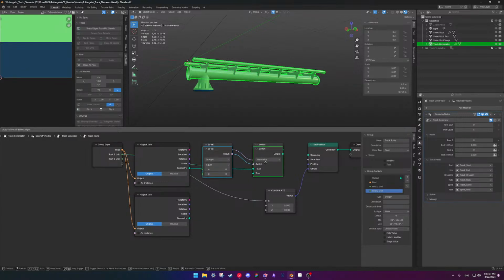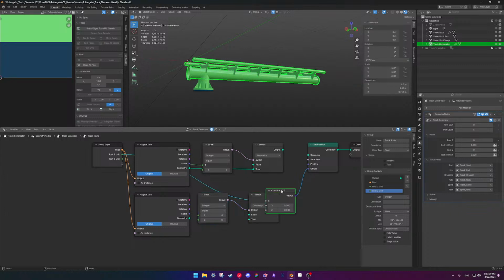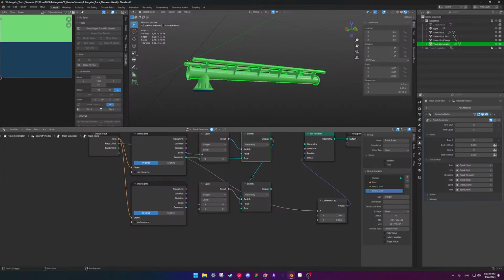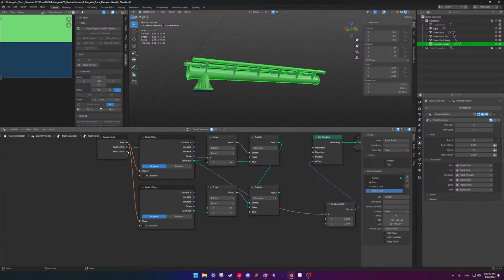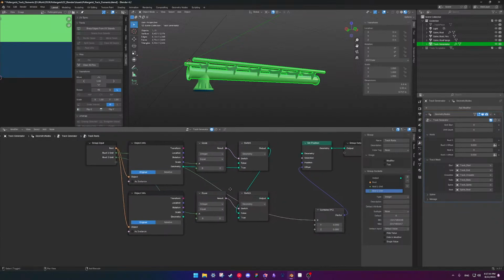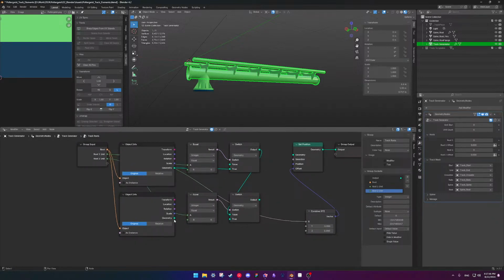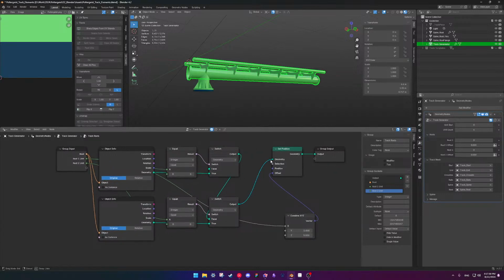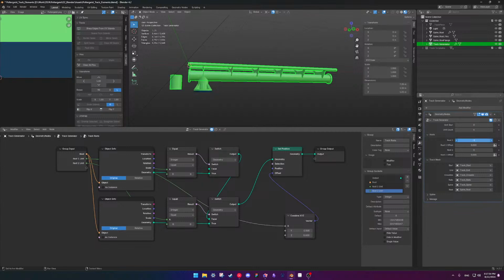And I'm gonna duplicate this as well. So this would be the false statement here. And if this equals 0. So we got this here.